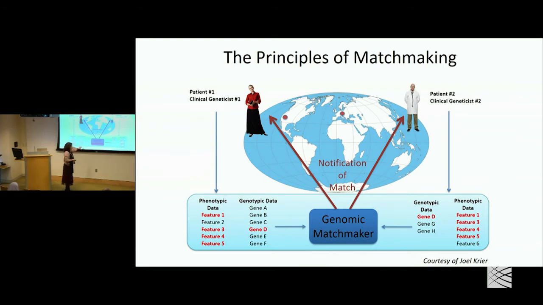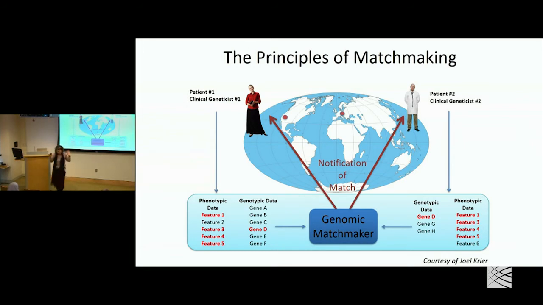But a number of years ago now, we decided we needed to scale this in a more systematic approach, so we launched what we call the Matchmaker Exchange. The idea is you have a patient with phenotypic features that you code using HPO terms, Human Phenotype Ontology. These are standardized, structured phenotype terms. Then you put in your gene candidates. Maybe it's one gene candidate, or maybe it's two, if you have two de novo variants and they're both good candidates. Somebody else on the other side of the world puts their patient in with their phenotypic features and their candidate genes, and we look for matches between candidate genes and phenotypic features.